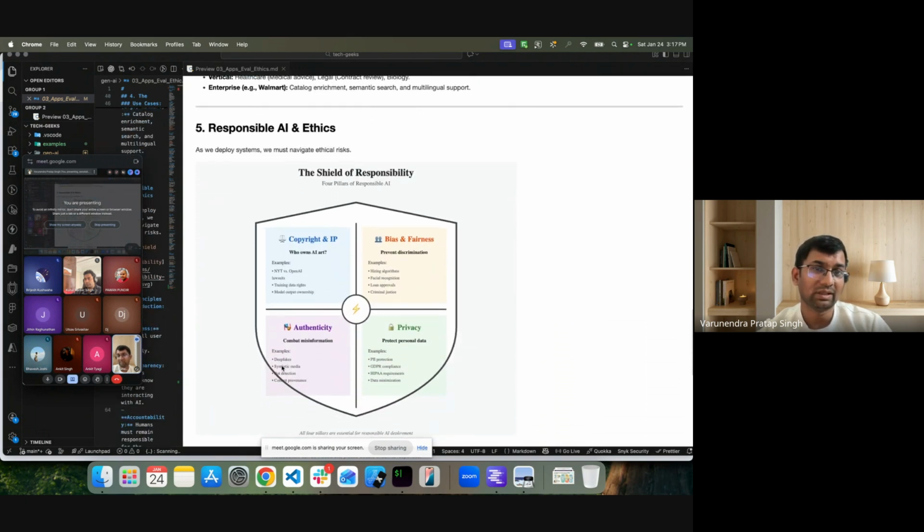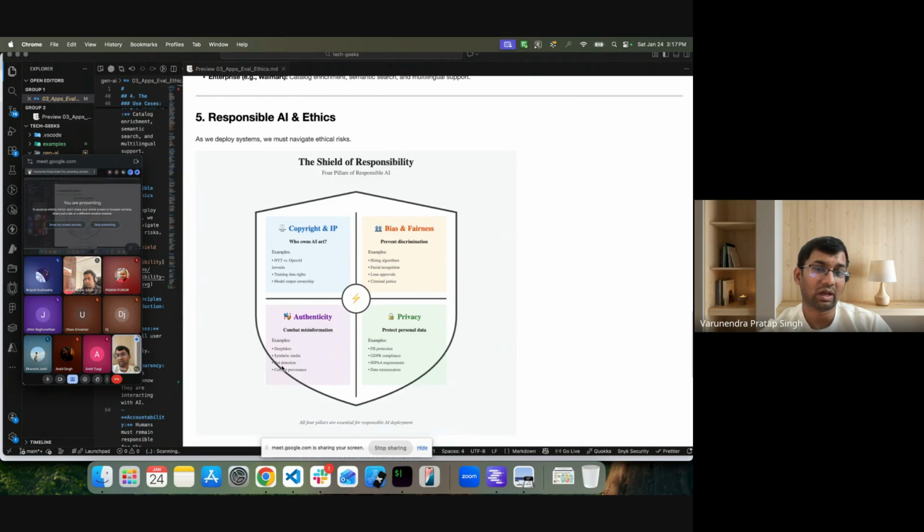And the main thing is, we know that we are going to use AI in all our use cases. I think if we are not using AI, we will be left behind. So that is a must. I can say that based on my experience. And the second thing is that